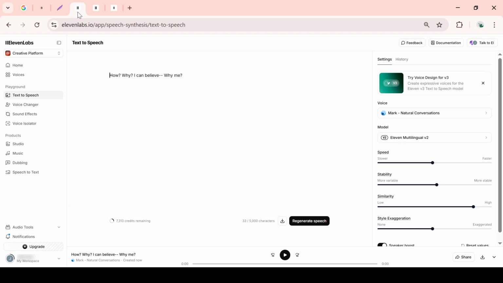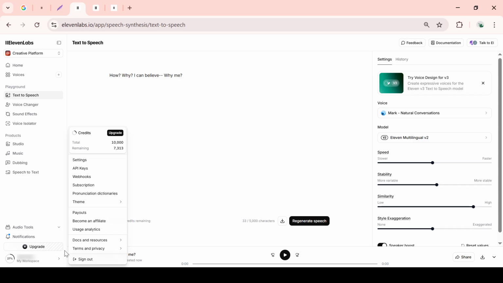Here, you will find your account information represented by your name or profile icon. Click on it, and you will be brought to a section where you can view details about your credits. This area on the platform holds essential information, including the total number of credits you have at your disposal and how many are remaining. It's crucial to stay aware of these numbers, especially if you are on the free or